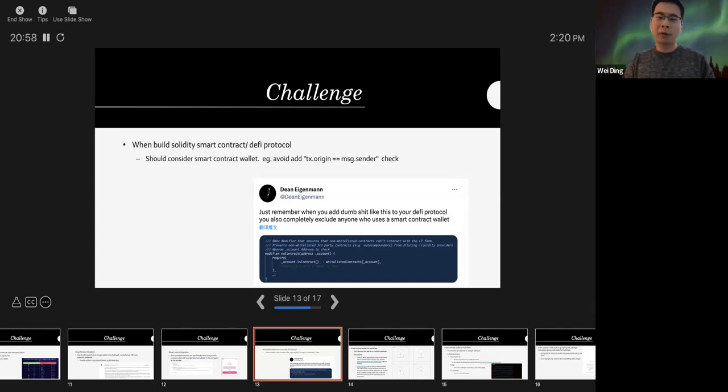I think the purpose of adding this check is to prevent Sybil attacks, but it also blocks smart contract users from interacting with their protocol. Someone tweeted about this as well. If smart contract wallets get mass adoption, then when we write smart contracts, we also need to consider smart contract users, for example, by avoiding this kind of check.